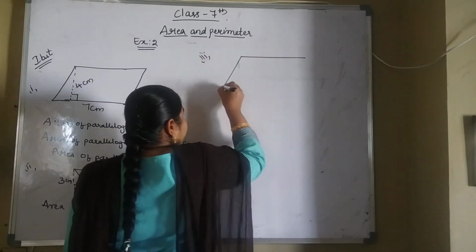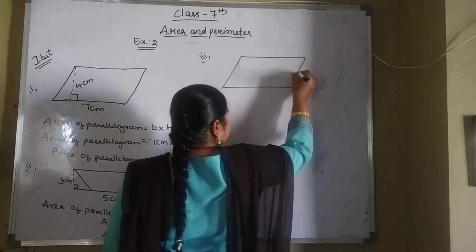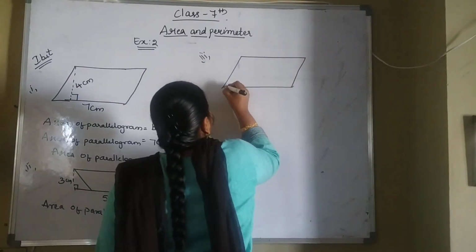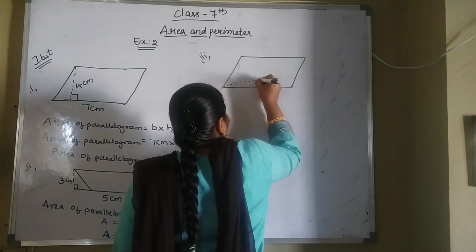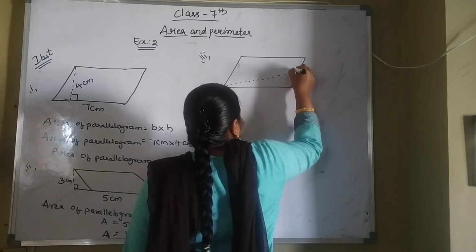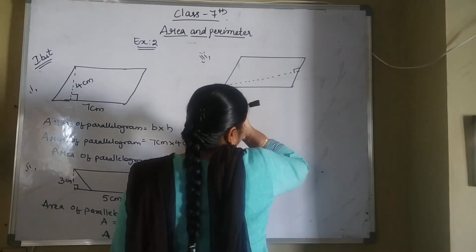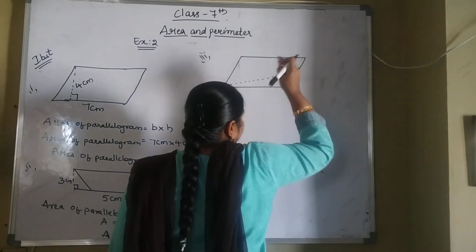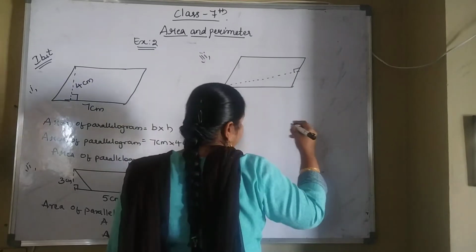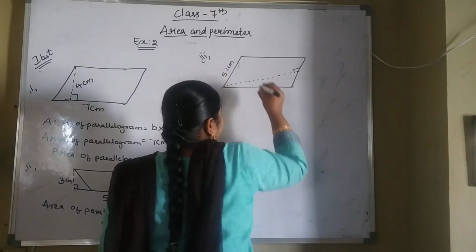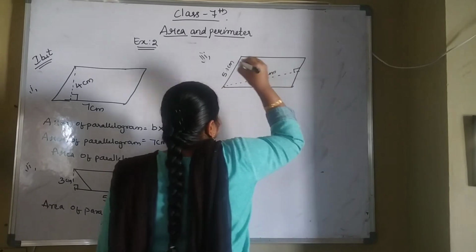Now they have given in reverse order. Okay. So now what is the height value? Where they have given the dotted lines, that will be equal to height. So this is height, and where you are getting the perpendicular line, that will be equal to base now. So here it is 5.1 centimeters and here it is 7.6 centimeters.